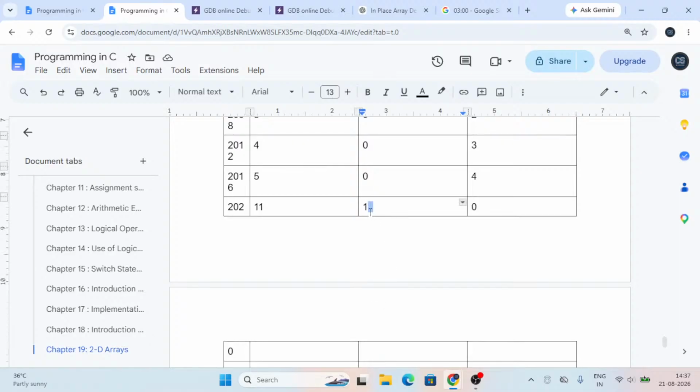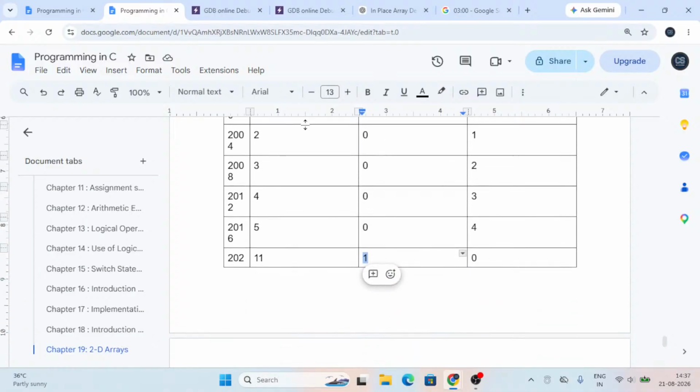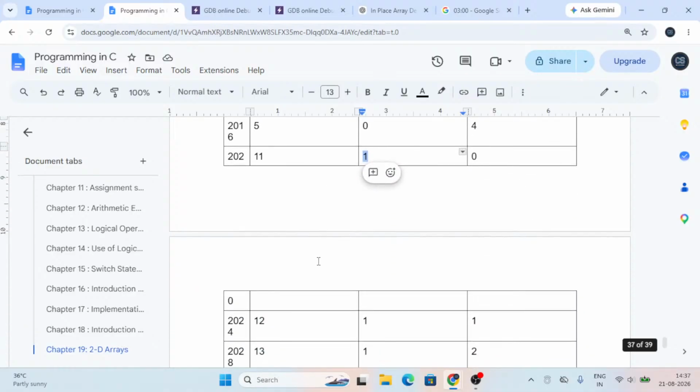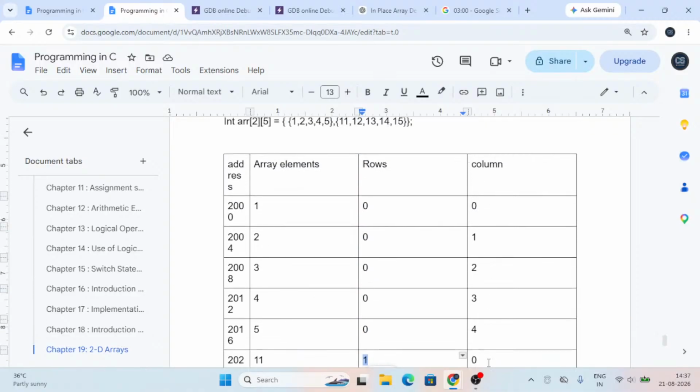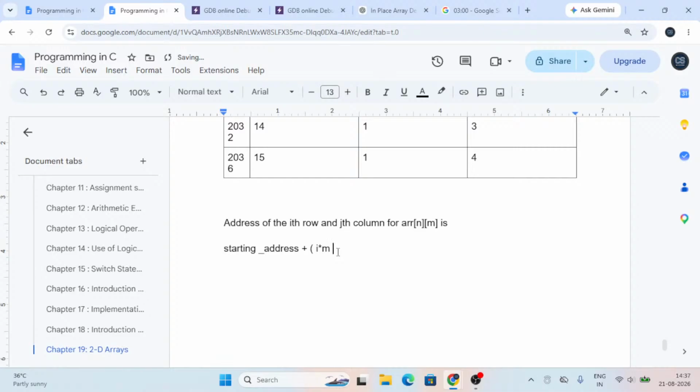So to get to the first row, I have to complete the 0th row. If it is row 2, then I have to complete rows 0 and 1, so 2 rows. So i into the number of columns, which is 5 here, that is m, plus